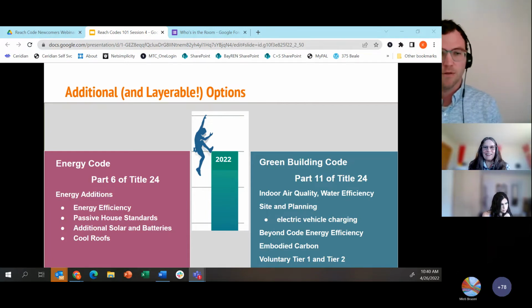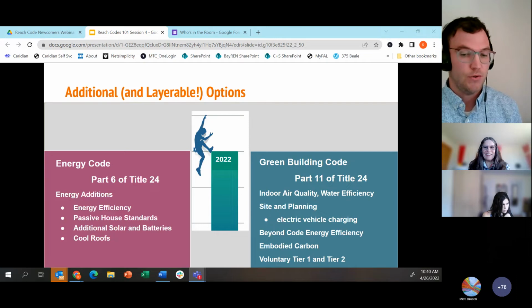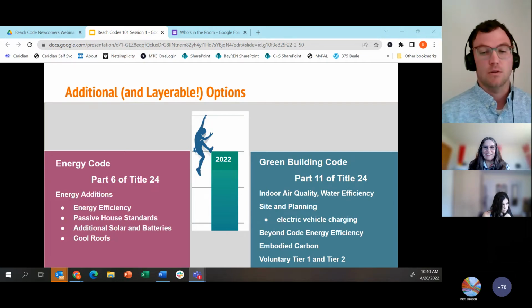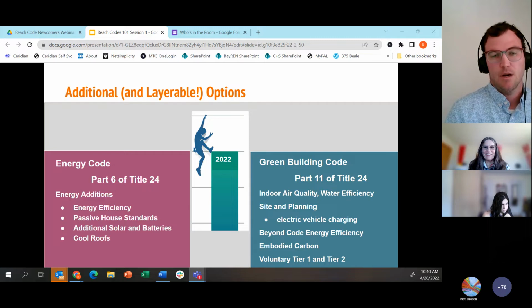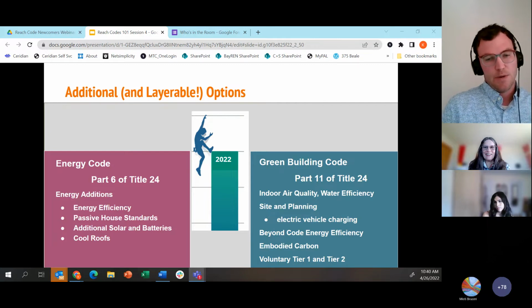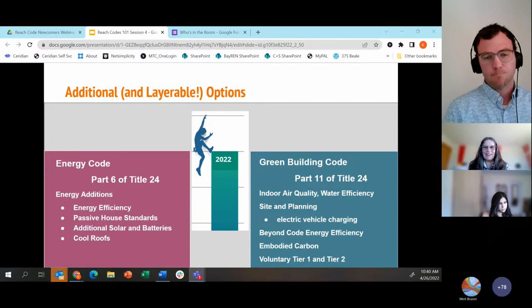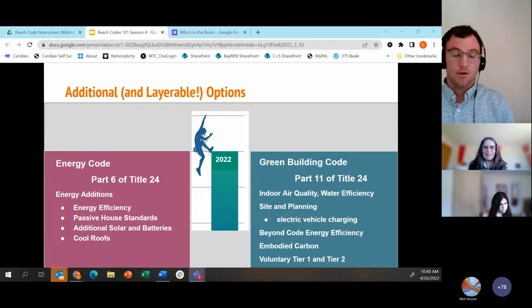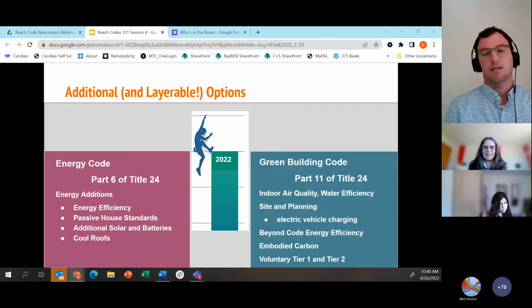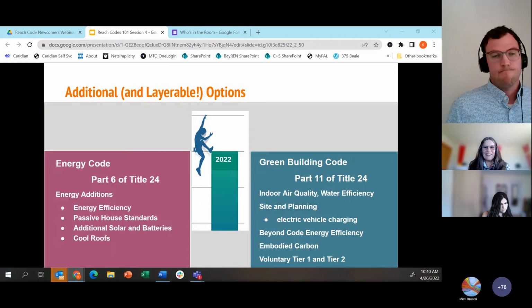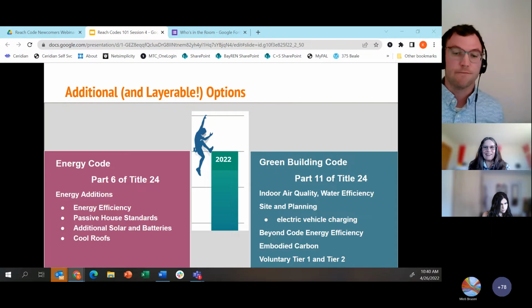That's where, for example, if you wanted to choose to add additional electric vehicle requirements, that would fall under Part 11. And the way that Part 11 is structured is there are some mandatory measures in Part 11 and some voluntary tiers. And the tiers themselves, Tier 1 and Tier 2, Tier 2 being a little bit more stringent. So if you took an example for electric vehicle charging, Tier 1 has a certain percentage, I can't remember the number, whereas Tier 2 requires an increased percentage in electric vehicle charging infrastructure.